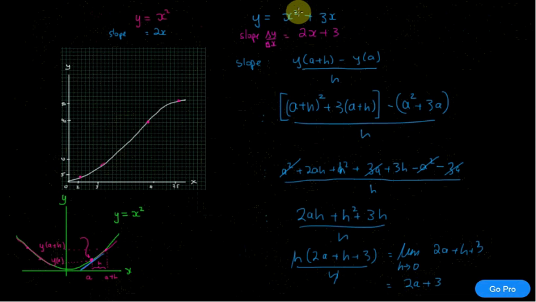Again, there seems to be some link between this 2 at the top coming forward and disappearing at the top, and a 3 here multiplied by something which gives me a 3, and the x disappears. So these two seem to be linked somehow, and what it ends up being is that the slope, the change in y over the change in x, can always be defined as some value in